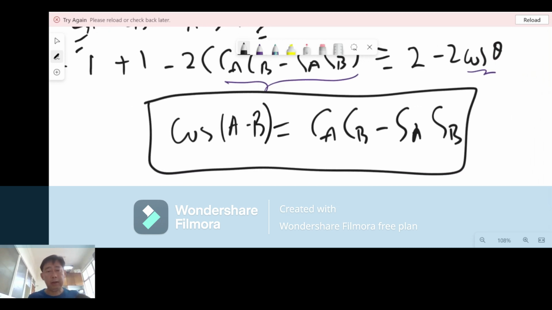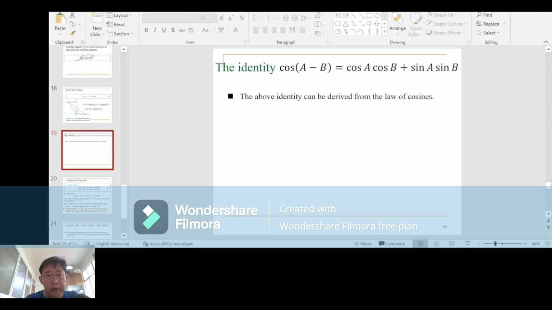It should be. So I would actually advise you to try to at least go through this derivation yourself once or twice. When I was in my secondary school, I did this many times, and I can remember it until now. Okay, so that is the identity of cos of A minus B as cos A cos B plus sin